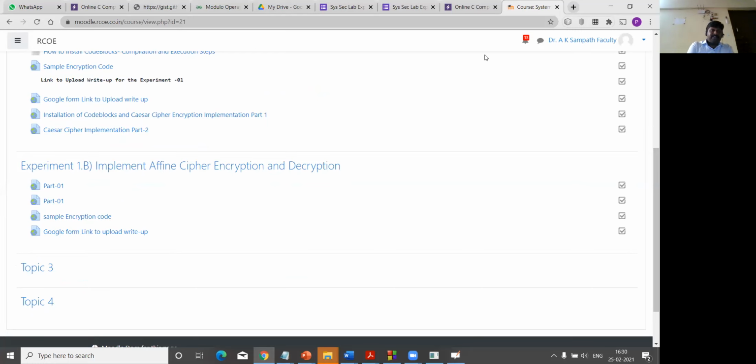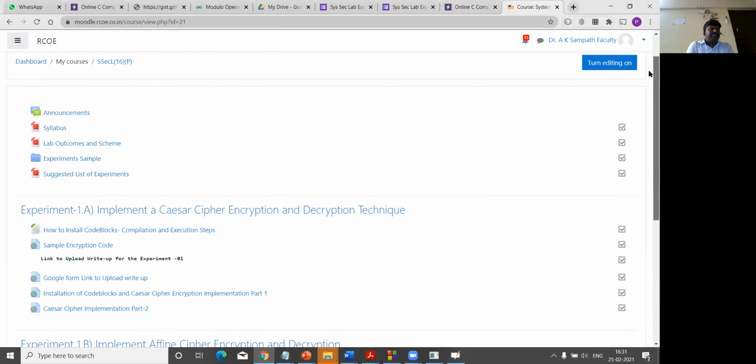Each and every experiment will have all these files: the sample program code, the Google Form link, and the recorded videos. You are instructed to refer to the Moodle site for all the courses from time to time. All the recorded lectures and PPT materials that the faculties are using will be shared only through the Moodle account.